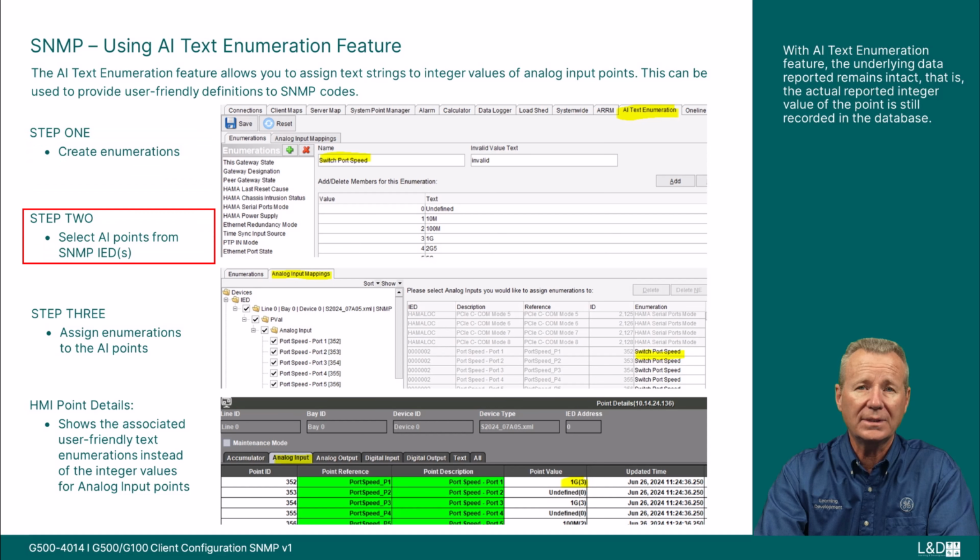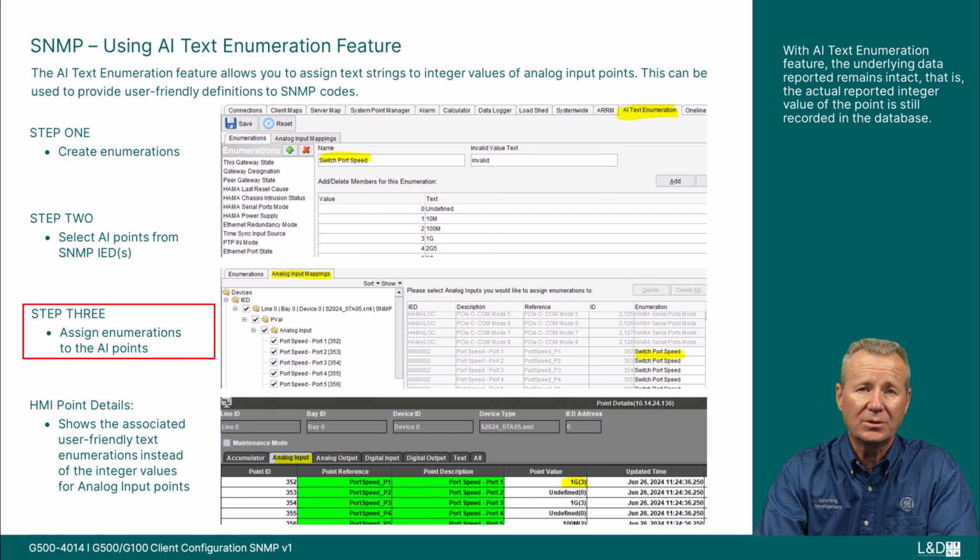Step 2, select AI points. You can select system points using the system point tree. Click the checkbox to the left of the point or group name to add a point or a group of points to the group. Points included in the group are shown at the right-hand side of the point selection area. To remove a point, uncheck the appropriate box in the system point tree or highlight the point and click the Delete button. Click the Delete NE button to remove any points that are not valid. These are points that have been deleted from the system database after they were included in an analog input mappings